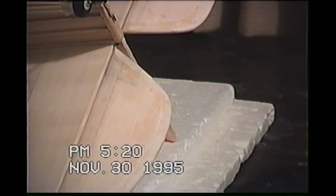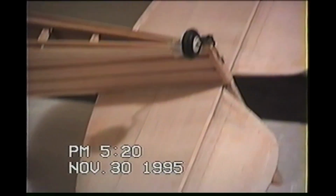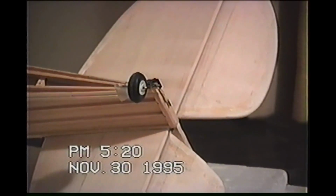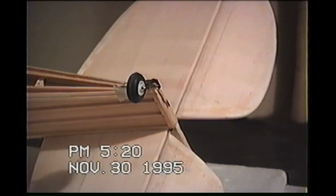Okay. Also, what I have to worry about now with the rudder is the tail wheel. Where'd I lose it? Tail wheel. I have to tie the tail wheel into the rudder. So when I'm doing the rudder situation now, I'm going to have